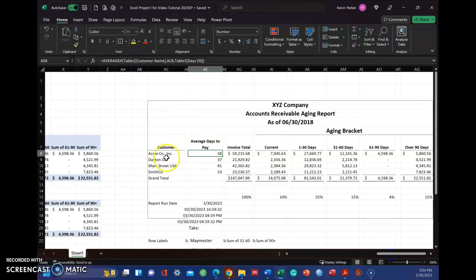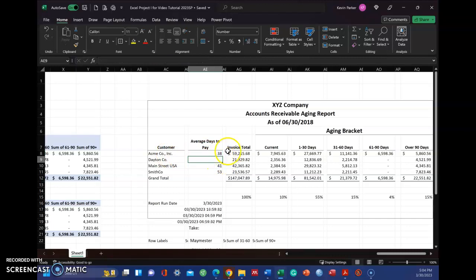Customer name. Identify every customer name from that first range. The criteria is ACCT. And then for every ACCT in that first column, the customer name column, average up the days outstanding. Now the neat thing about using a table and this cell right here,